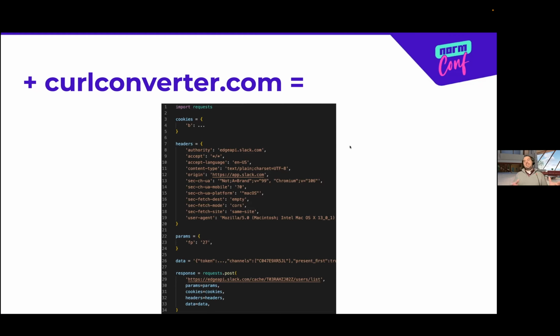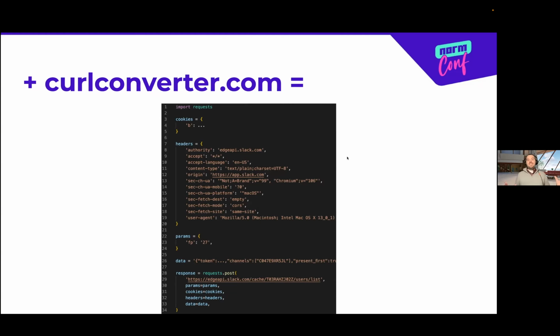But this is now a functioning Python script that will return a response object that I can then get as JSON or whatever I want. And it just works. And now I can do programmatic things like maybe I really do want to see bots. Maybe I want to see what apps are loaded in this channel, or I just want to make a cool contact list of all the cool people who are in the general channel in normconf.